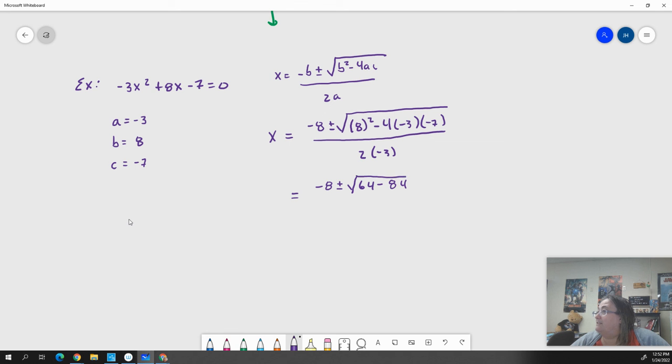Okay, I like this because this one's going to have all sorts of stuff right here. Over -6. So when we go to simplify this, we've got -8 plus or minus the square root of